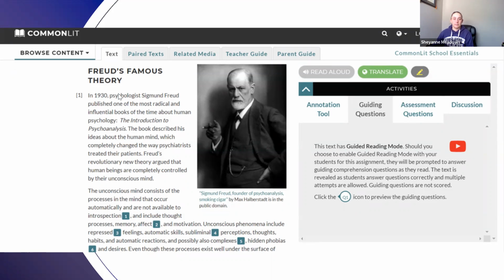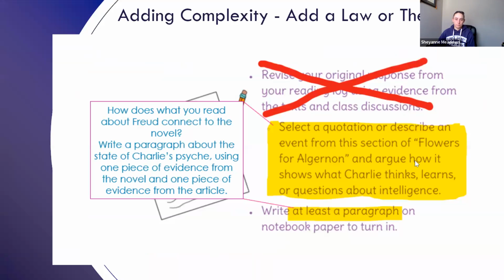So I had them read this Freud's famous theory. Again, it's about id, ego, and superego and how they make up a personality. So instead of what everybody else is doing in their journal, which is revising a response from the previous day and using a quote from the story about why they think that Charlie learns and questions intelligence, for your high ability students, since they read that different article, you give them this other prompt here, write